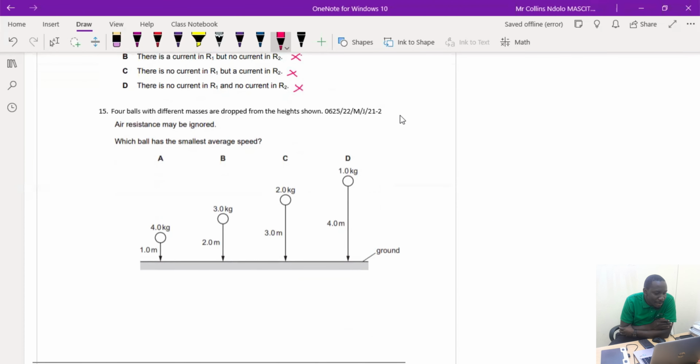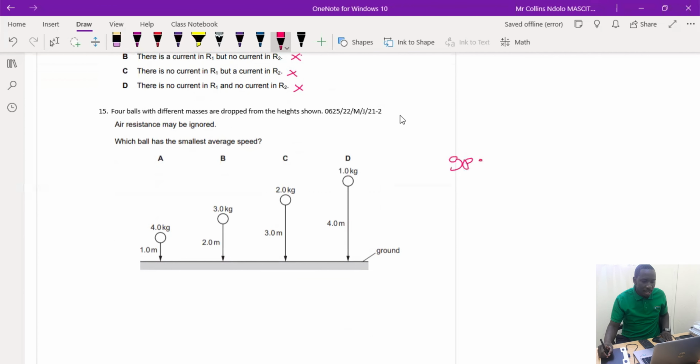Number 15, four balls with different masses are dropped from the heights as shown. Air resistance may be ignored. Which ball has the smallest average speed? So if air resistance is ignored, the interesting thing here is this, that